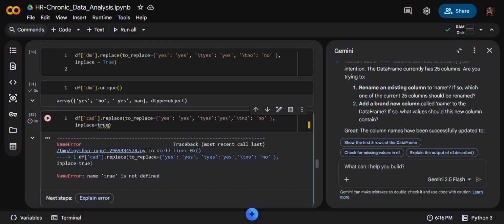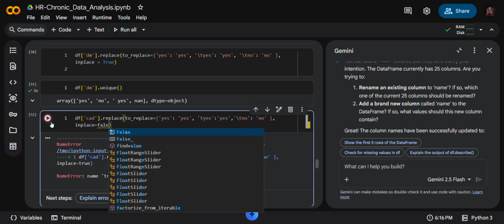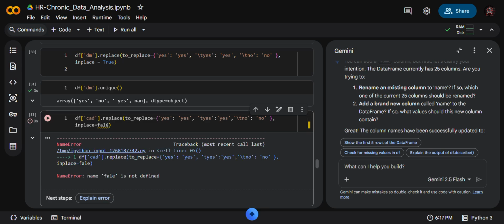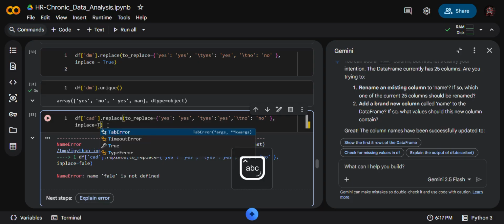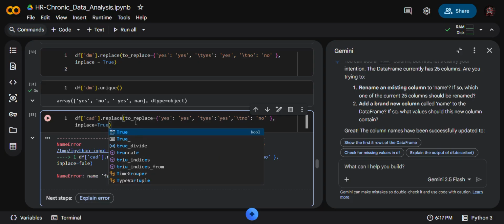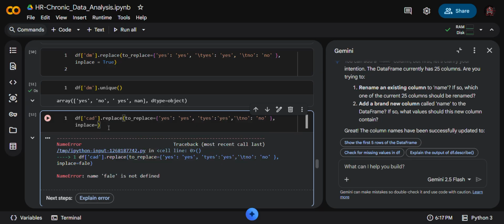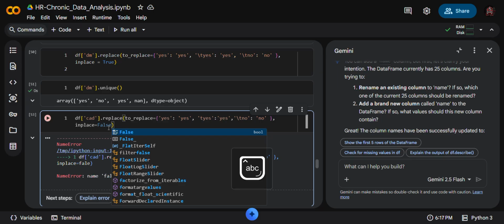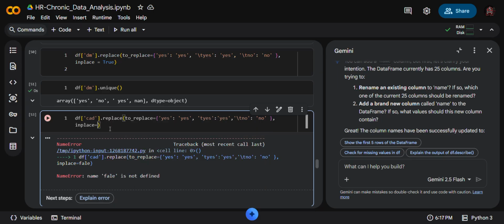True is defined, but true is a boolean value, and a boolean value comes with a capital T. Whether we write true or false, whenever you are using boolean values, we have to use a capital letter first and then small letters. That's the correct syntax and the correct command.